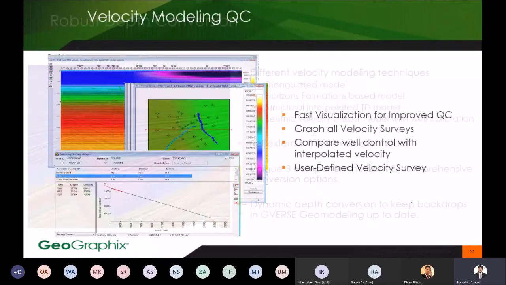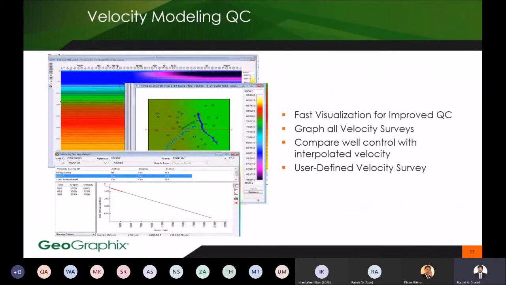You can QC your velocity models that you build either by just viewing the velocity values along a section or plotting graphs for your wells' velocity surveys and the velocities from the model, put them side by side to compare them. For the wells' velocity surveys, you can also do user-defined velocity surveys, an interactive tool that lets you take your well and point on the seismic where you think certain formations lie, and we will build a velocity survey